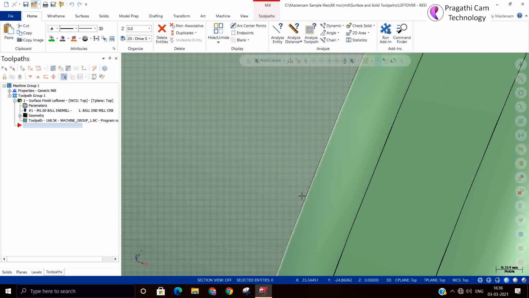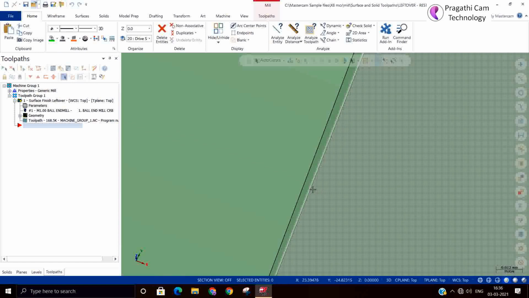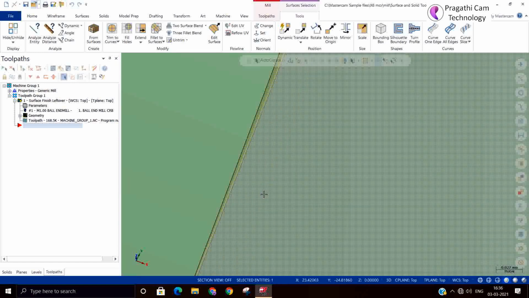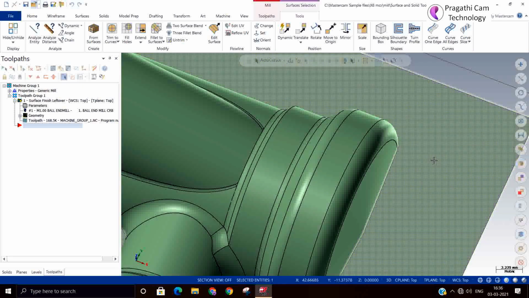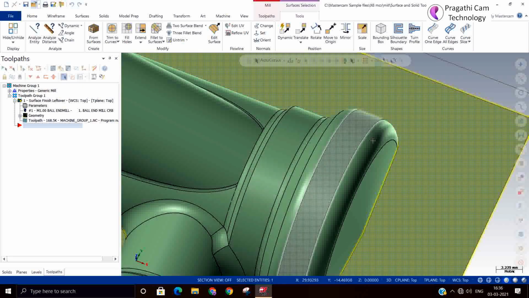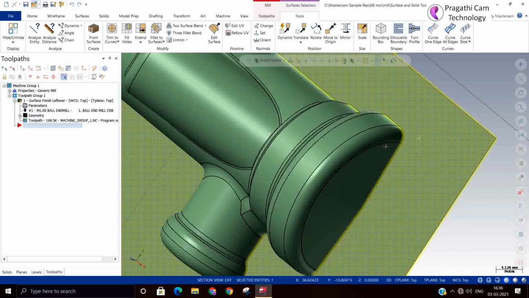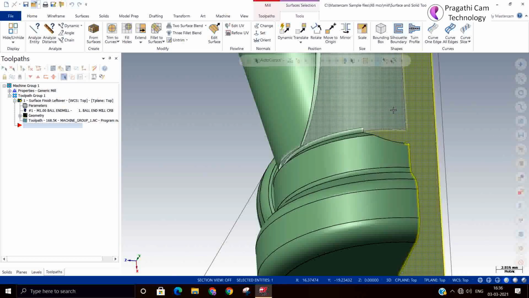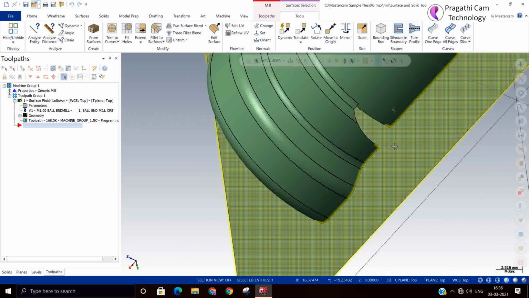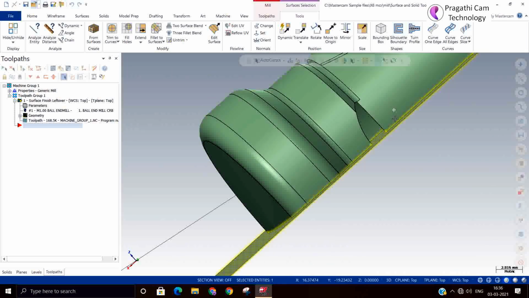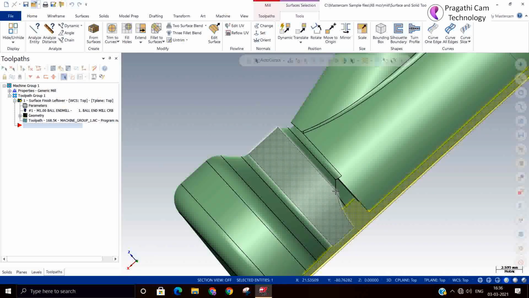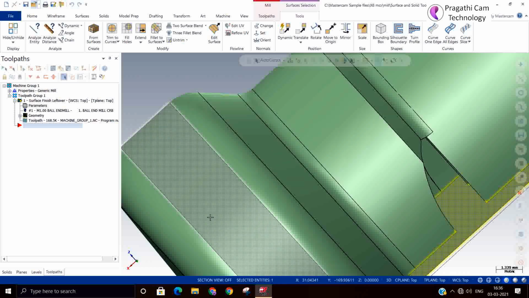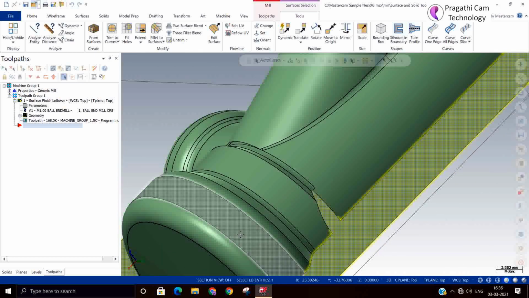I'll zoom it here. So okay, I'll select this surface. So that is the gap. Actually, the bottom one. So from the top, if I unzoom and see, the gap is visible to me. You can see here it is open totally. Like this, that opening will also be there while you are machining. You can see here there is an overlap. So many times the surface models come under such difficult situations.